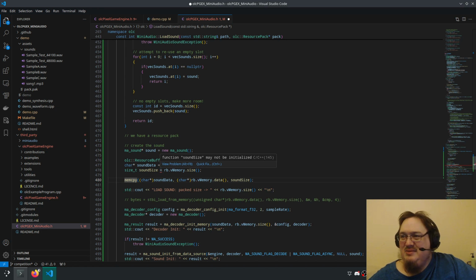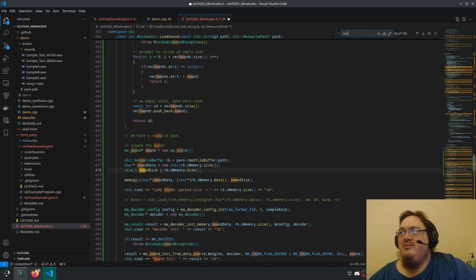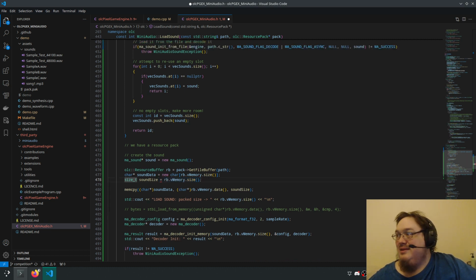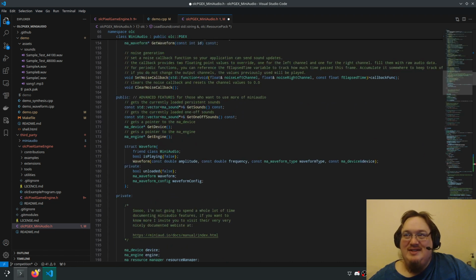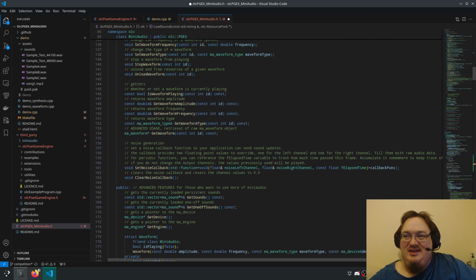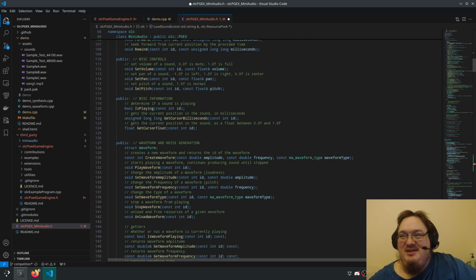Sound size may not be initialized. What? Do I have a function called sound size or an object or something?